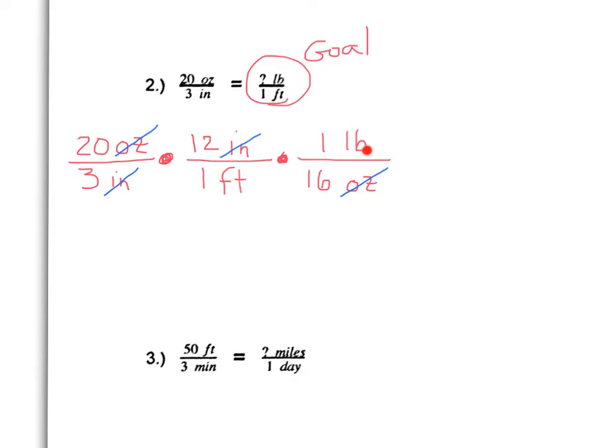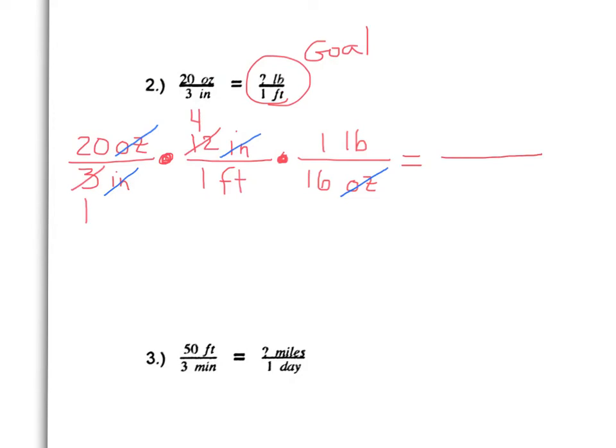I have pounds in the numerator. Yay, pounds. Underneath I have feet. Great, and the denominator's... All right, now all I have to do is cancel some numbers maybe. 3, doesn't 3 go into 12? So I can reduce both of those. Divide by 3. 3 divides into itself once, and 3 goes into 12 4 times. And now just multiply straight across. 20 times 4 times 1